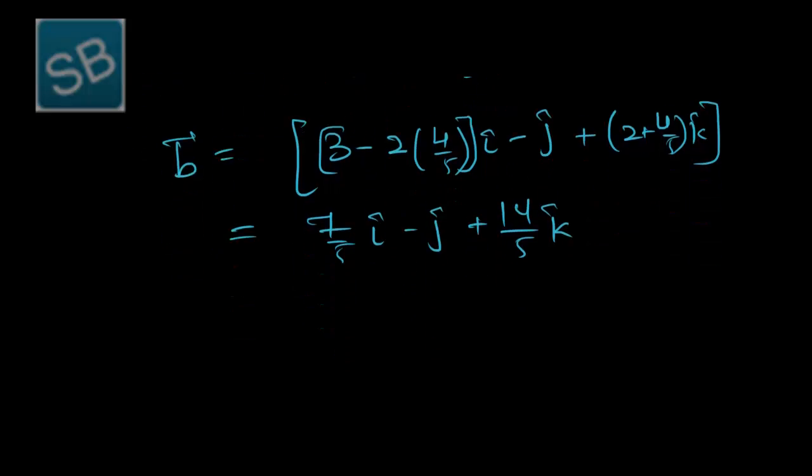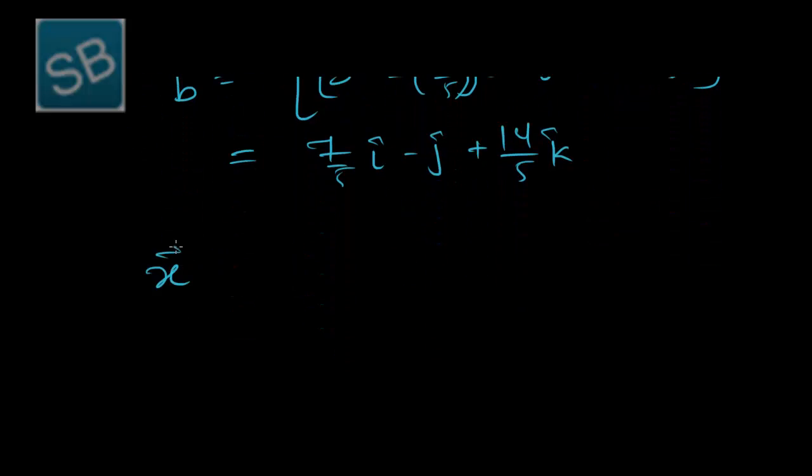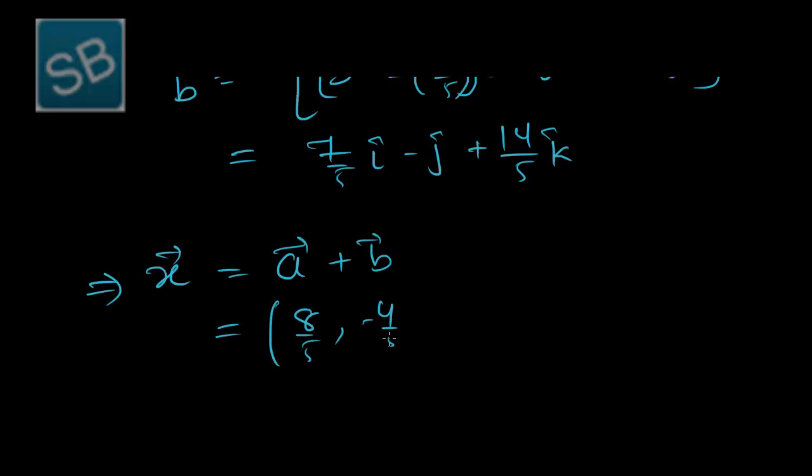Now we can write x as, and we will check, as x is represented as a plus b. So we write a plus b here. That is 8 by 5 comma minus 4 by 5 k plus vector b is 7 by 5 comma minus 1 comma 14 by 5. So we get